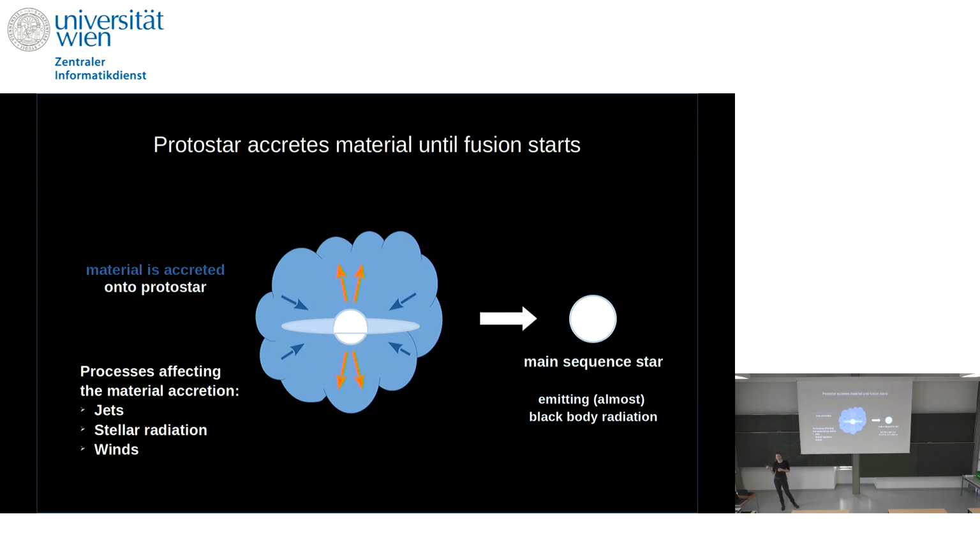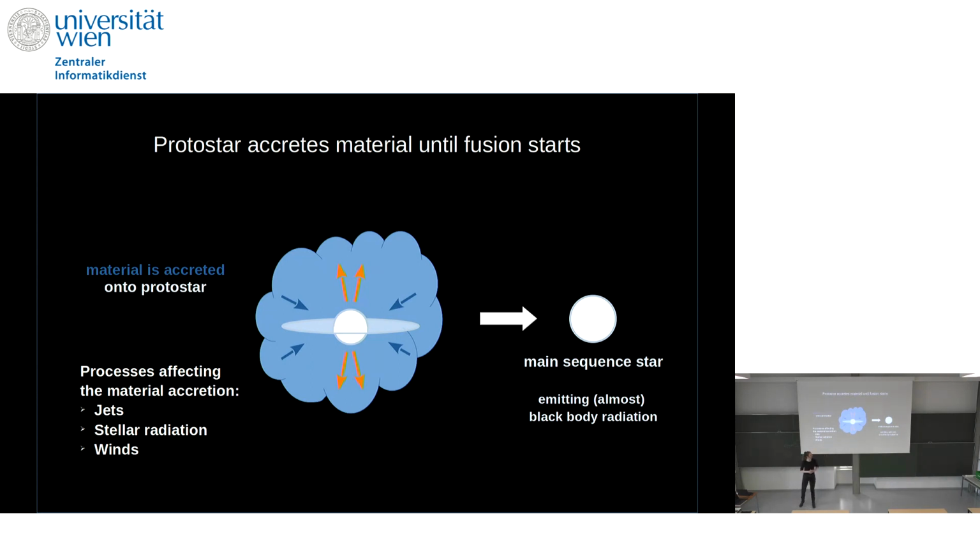And this protostar will keep accreting material from the surroundings. And there are various physical processes that can affect how much mass you can actually accrete onto the protostar. So for instance, protostellar jets, then of course the radiation from the protostar itself, but also winds that are launched from there. All these processes basically affect how much mass the protostar can then accrete, and actually at some stage